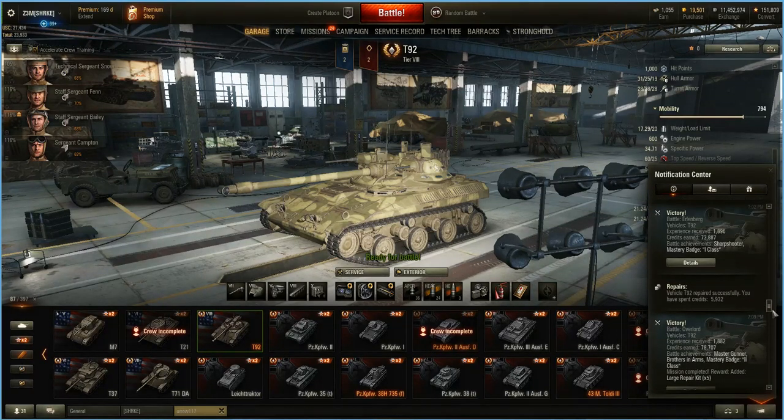I had 2 games here. Yeah, it's about 75,000, 78,000. You know, typical tier 8 money making. It's nothing unusual. Probably a little bit less than you get with a medium or a heavy, but still not bad. I mean, it'll definitely